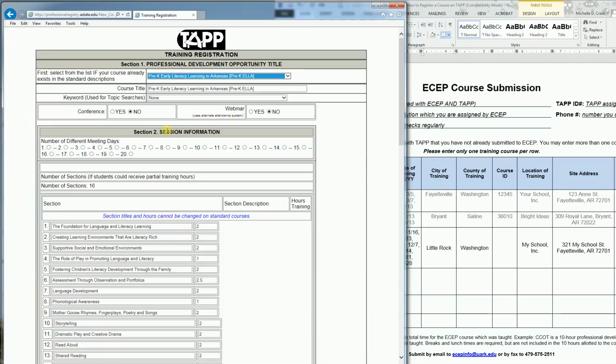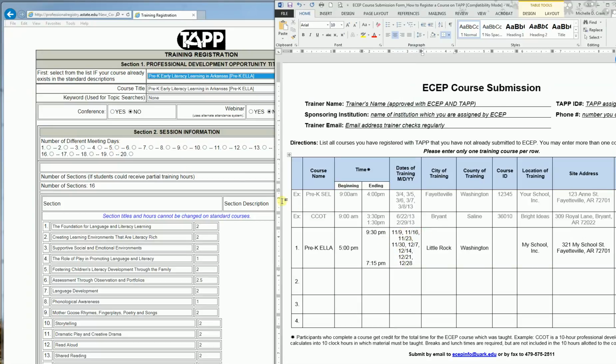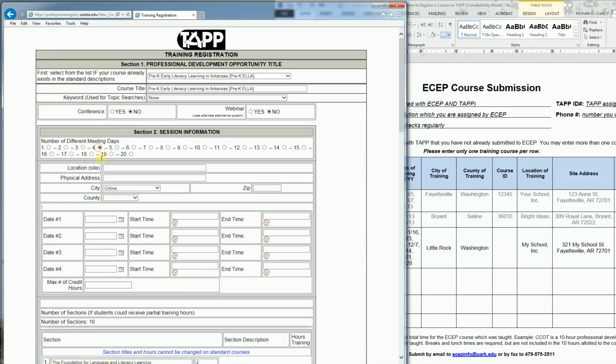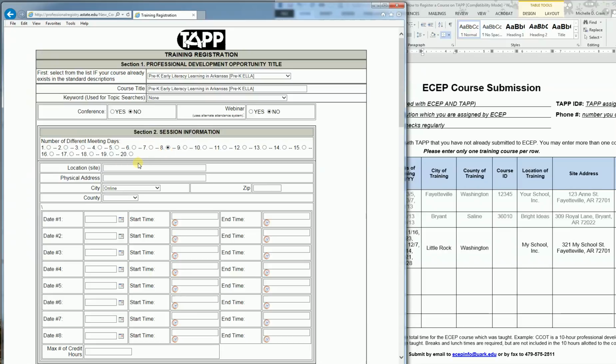When it comes to Section 2, Session Information, you now have to tell TAPP how many different meeting dates there are going to be. In this case, I'm going to have 8. As soon as I do the little circle by 8, boxes come up for the dates. If my course was only going to be 4 days, 4 boxes would come up, but in this case it's going to be 8. And now I need to enter the site of where my training is going to take place